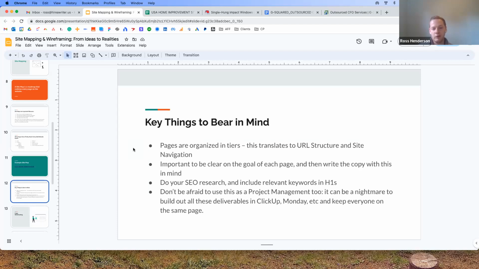And don't be afraid to use this as a project management tool, right? So a website development project like this can be very complicated, right? There's a lot of moving parts. And if you were to sit down and try and build that out in like ClickUp or Monday or some other project management tool, that could take a long time and it could be pretty complicated. Whereas if you can just kind of keep it in this spreadsheet that has pretty much everything high level that everyone needs to know about the project,